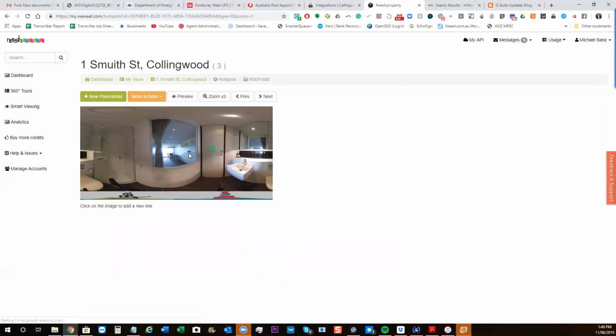Now, the thing to note there also, and I'll bring it up on the next image, there's a number of options there. So it doesn't have to be a link. It can be a photo. It can take you to a video. It can take you to whatever that you need. So now that we've done a hot link there, that's fine. We'll go back to